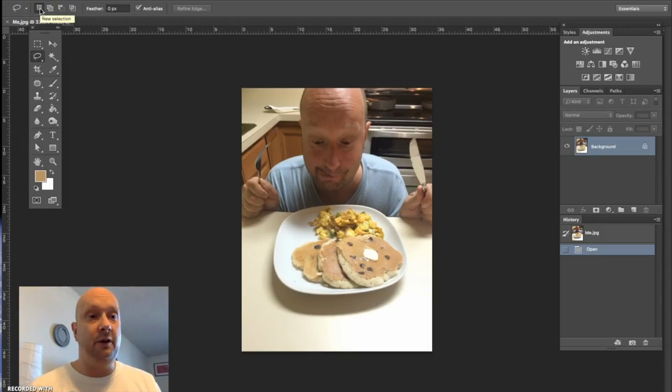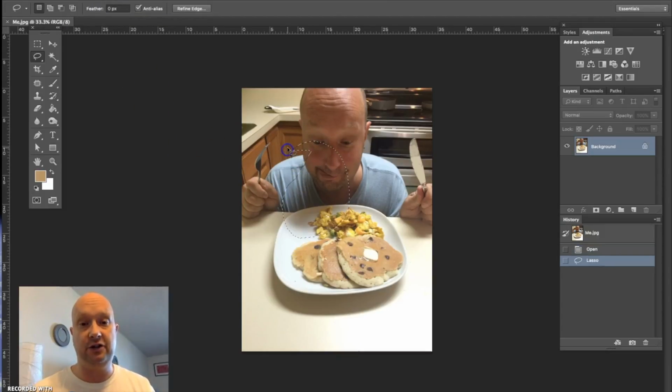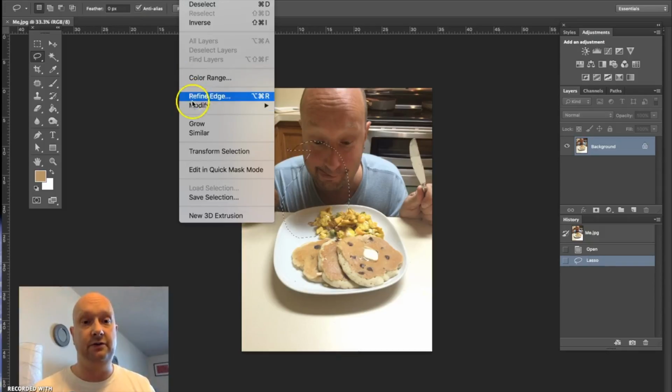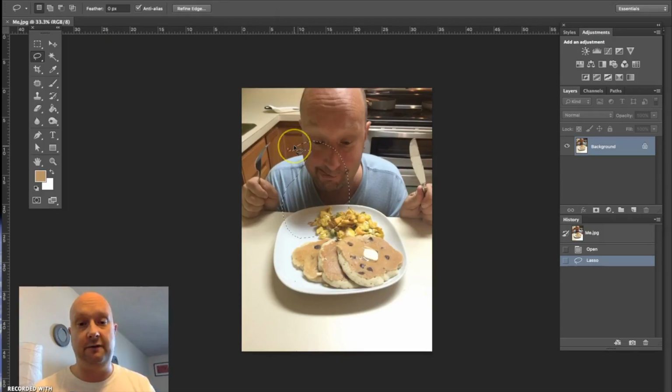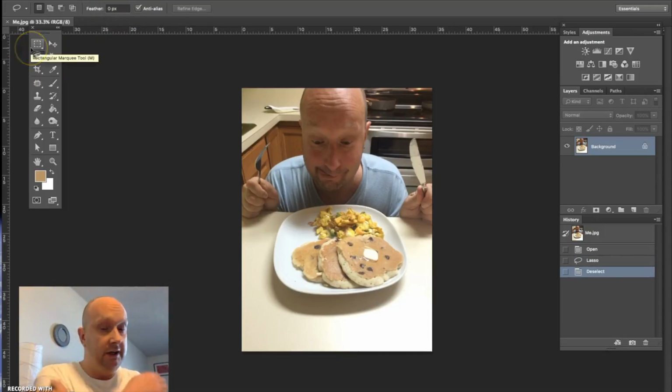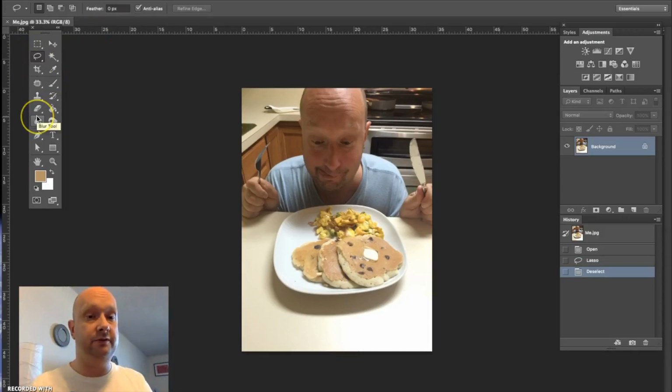As you probably know at this point, we have four options for the selection tool: the new selection, add to, subtract from, and intersect with. We have our feather set at 0. My recommendation is always to make a selection first, then go to select, modify, and feather, so that if you realize that your feather is too strong or too weak, you can go back and change it. When it's set here initially, there's no going back to change it. So, taking a look at these three tools very quickly,